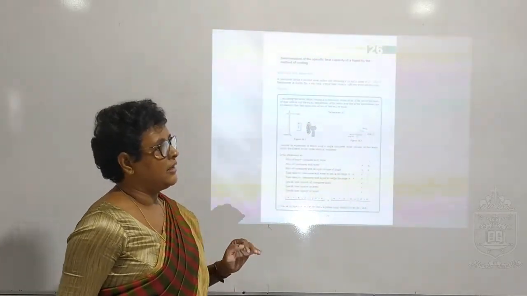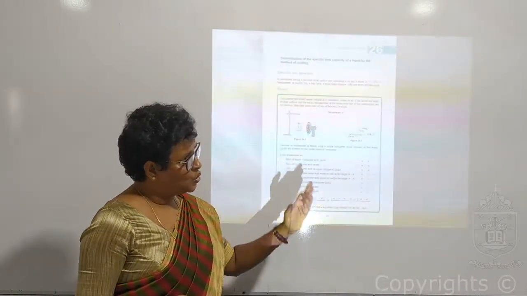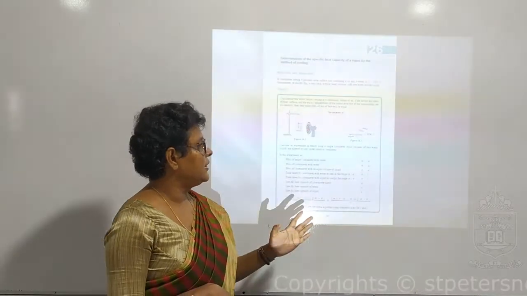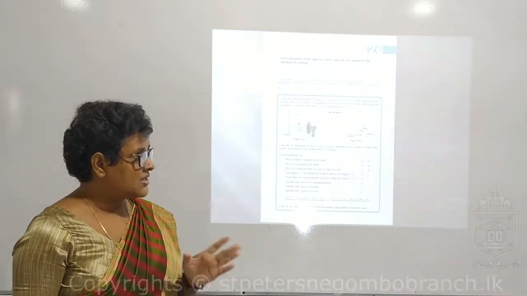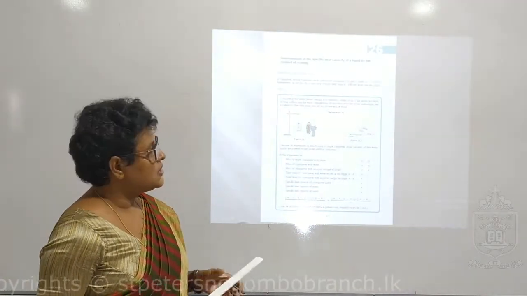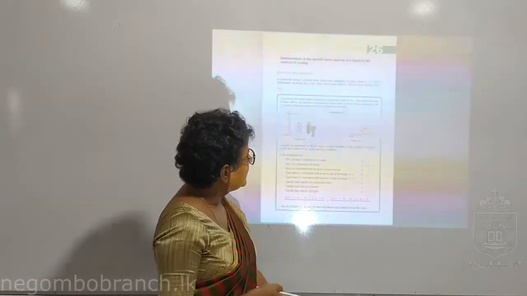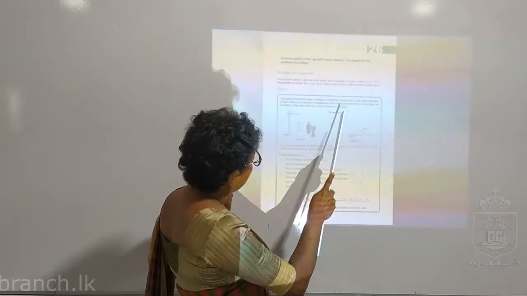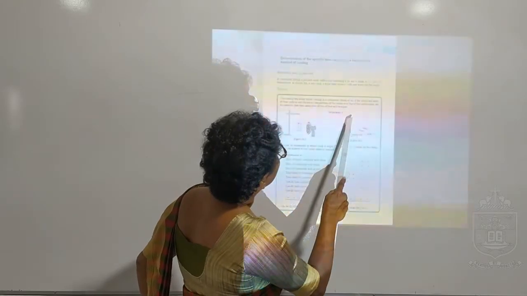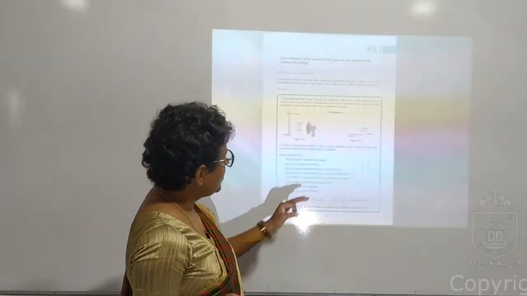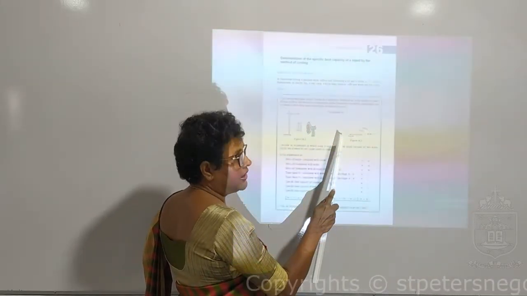So again do the practical, same procedure. Heat it up to 70 and let it cool to 40, and you take the temperatures every 30 seconds. Now you have two sets of readings. So you draw a graph of temperature against time. Now you will get a curve like this. The liquid will be down and water is there. So you have two curves, and the temperature decreases from 70 to 40.